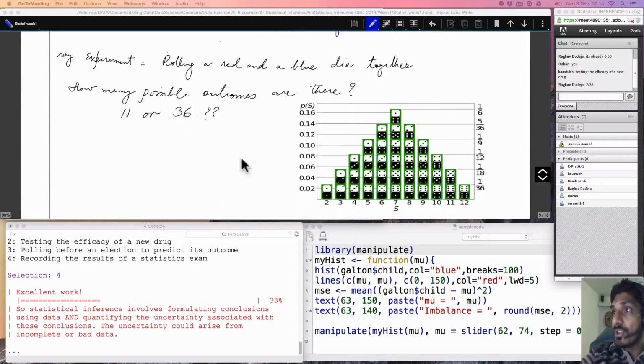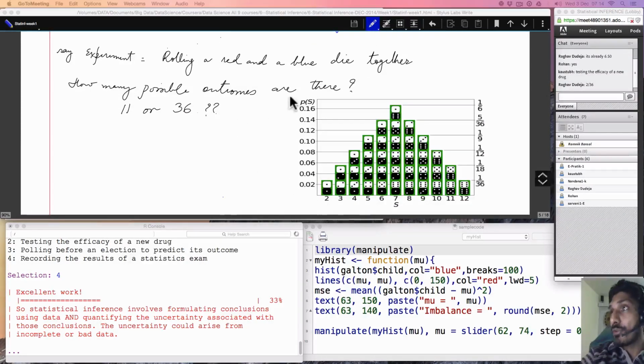So let's look at this, right? As we saw, 36 outcomes are there. These outcomes in this graph are shown to us. At the same time, S is my output here. So I have 11 outputs, and each of these outputs, this is my random variable. S is my random variable. Each of these outputs has a probability. Is this clear? So my probability is shown here: 1 by 36, 1 by 18, 1 by 12, 1 by 9, 5 by 36, 1 by 6.